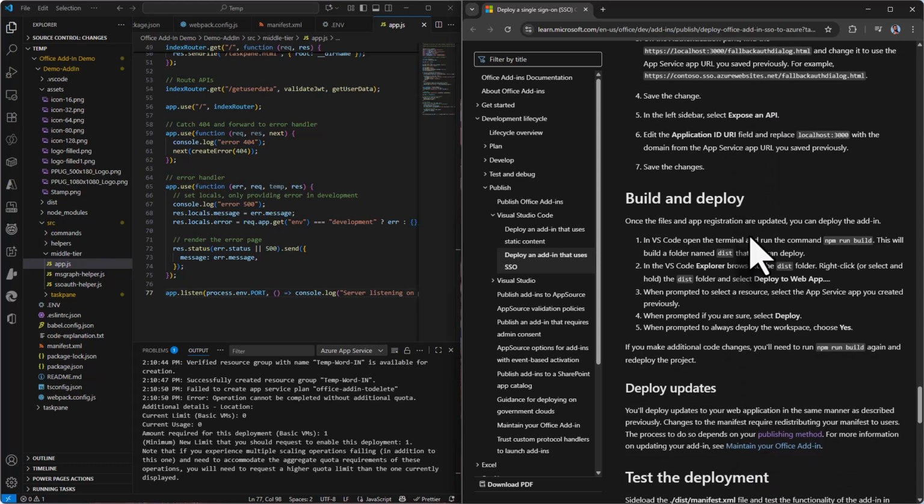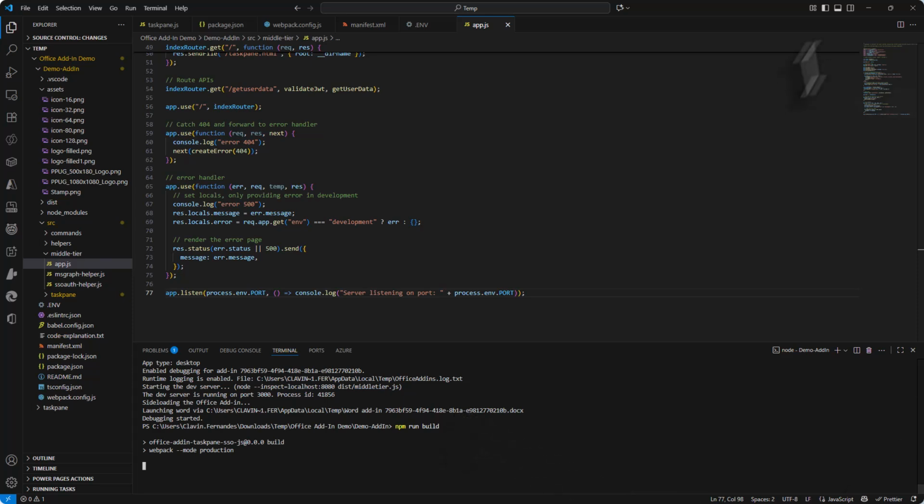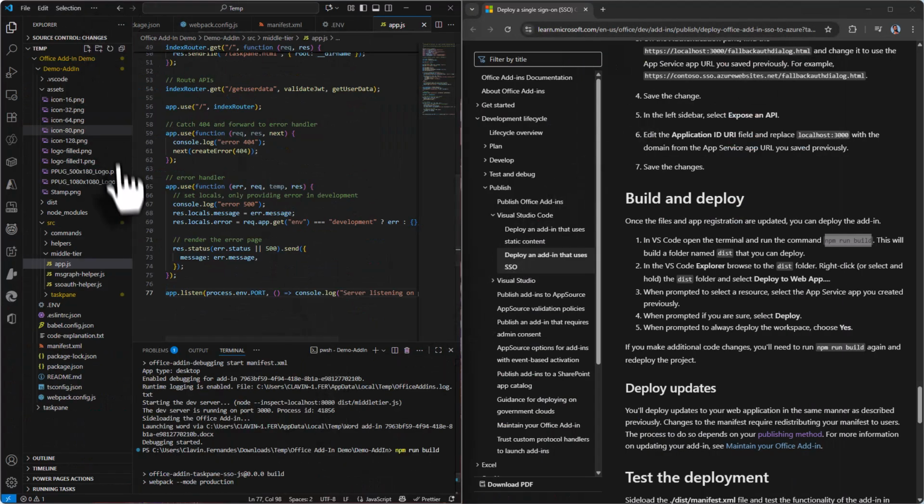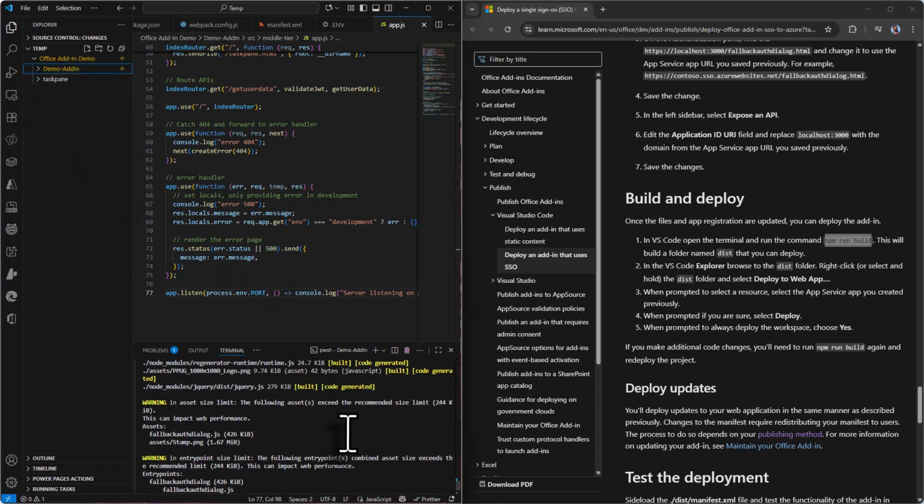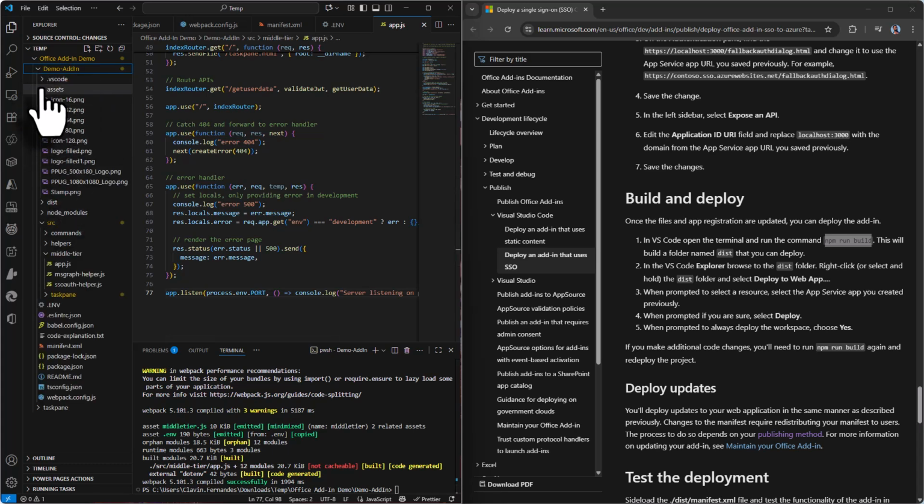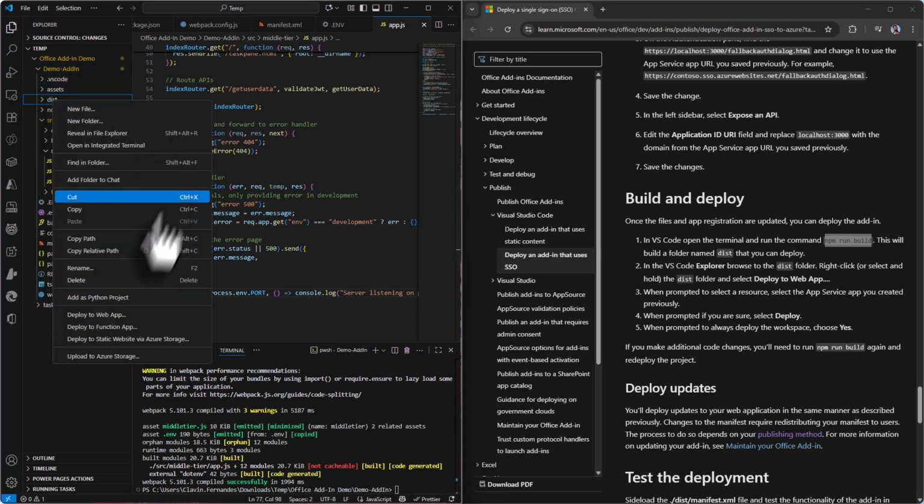Now what I need to do is go to my Visual Studio Code and run npm run build. So let me go ahead and build that. I don't see any errors, so I think it's gone through all right. Do I have errors? No. So let me go back and it tells me to go to the dist folder, right click and just say deploy